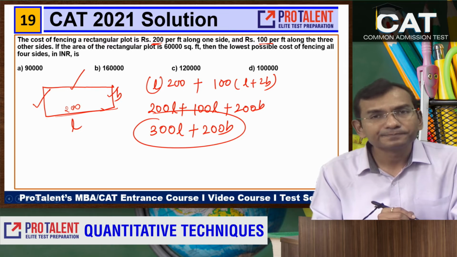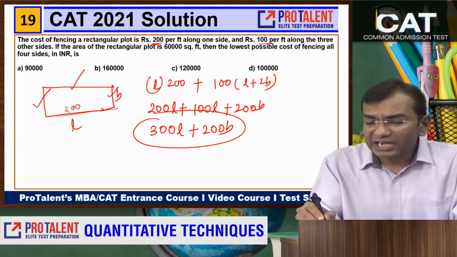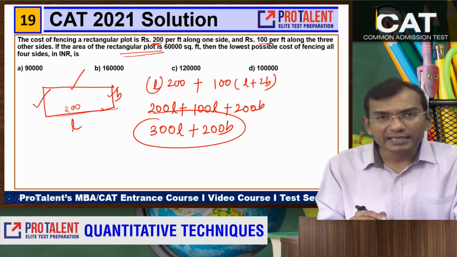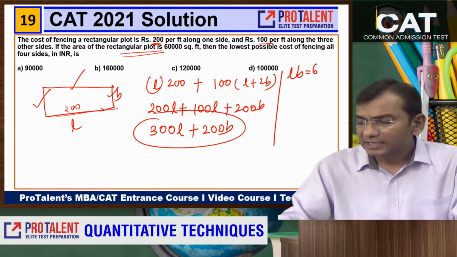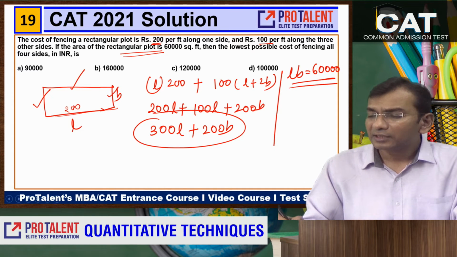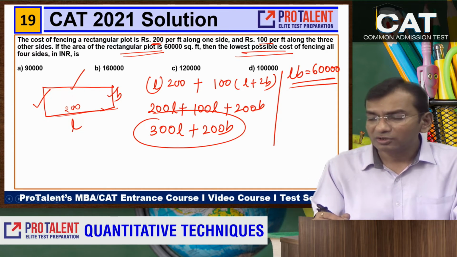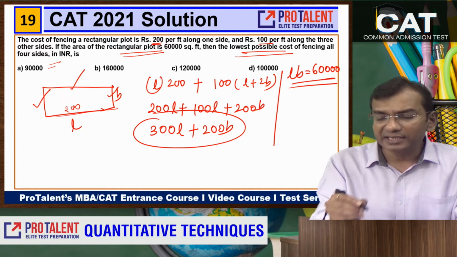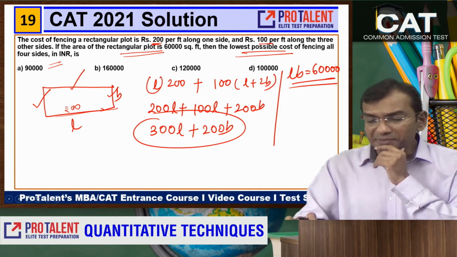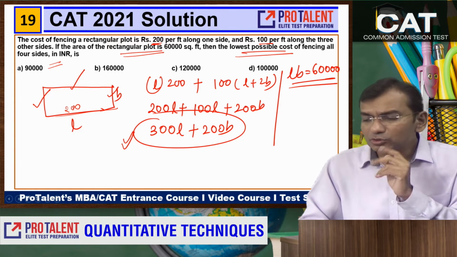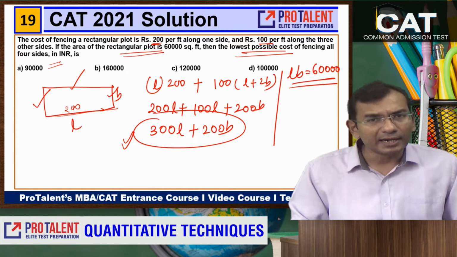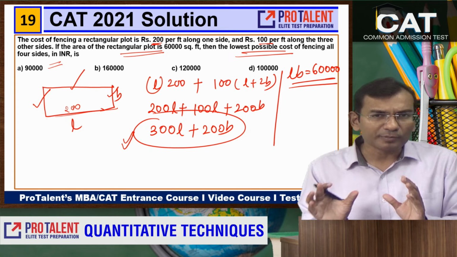दिस इज योर टोटल मनी, ओके। If the area of the rectangular plot is 60,000 square feet, which is L into B is 60,000, then the lowest possible cost of fencing all the 4 sides कितना होगा? इसका मिनिमम वैल्यू क्या होगा दोस्तों? इसका मिनिमम वैल्यू तब बनेगा, है ना, जब आपको मिनिमम और मैक्सिमम के बारे में बात करी जाए, ठीक है।